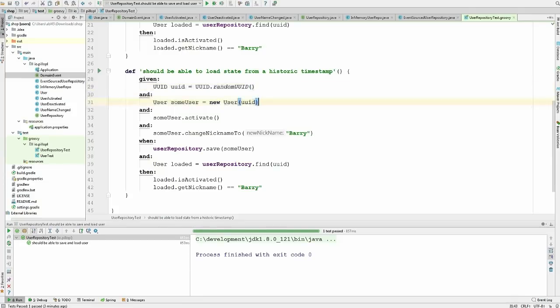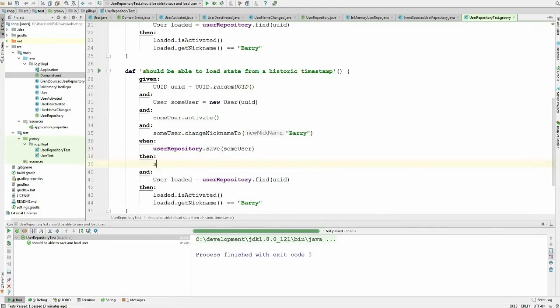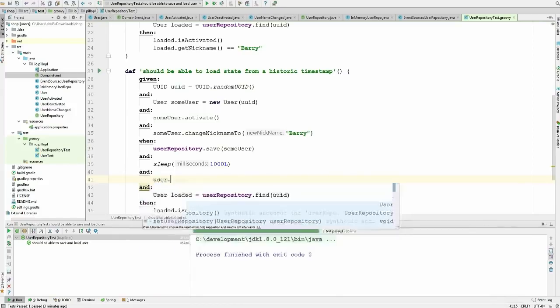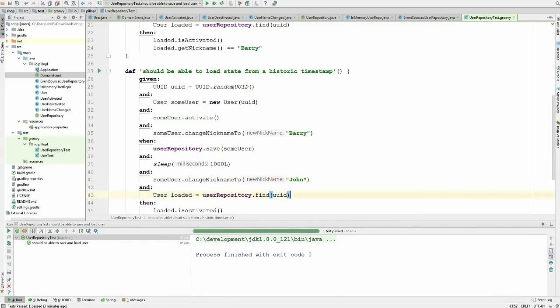So given the ID and some user is activated, user changes his name, we are saving the user, and let's say 1 second has passed. It's not a good idea to use sleep in a unit test, I know, but just for the sake of this example, and some time has passed, and let's say the user changes his nickname again, change nickname to John, we don't need that, then